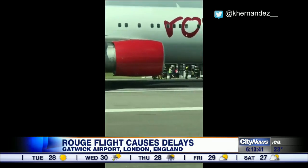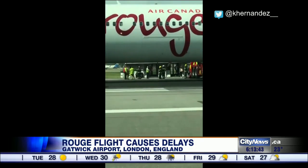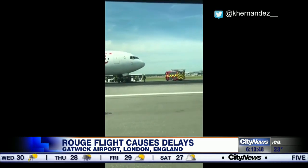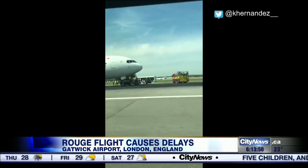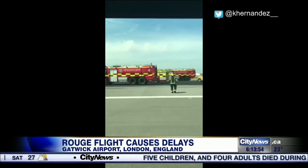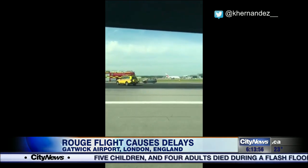The emergency landing caused havoc on the ground. The airport had to close the runway twice for inspections, creating dozens of delays, some diversions, as well as cancellations as flights all backed up. One passenger telling City News she heard the tire burst on takeoff, and after circling for a while, they had